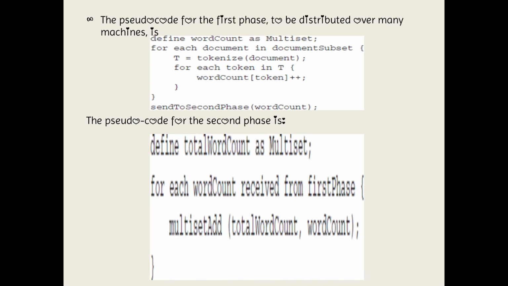So first same pseudocode is written, but in the place of display word count we'll write send to second phase. That means for second paragraph. In that second paragraph, the words that are repeated are counted and the final output will be given. So this is used only for large data sets. If we want to do word count for large data sets, we want to divide that into phases, first phase and second phase. So this is the overall process about Hadoop and also word count.